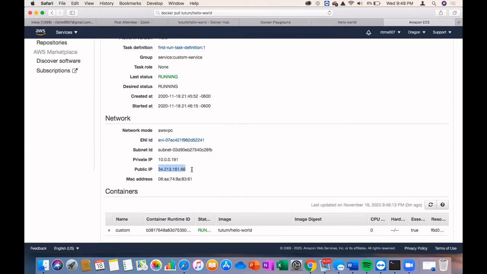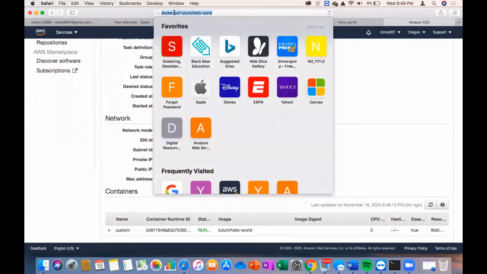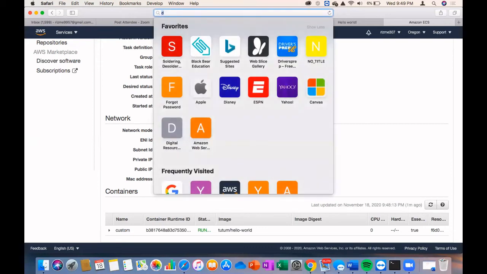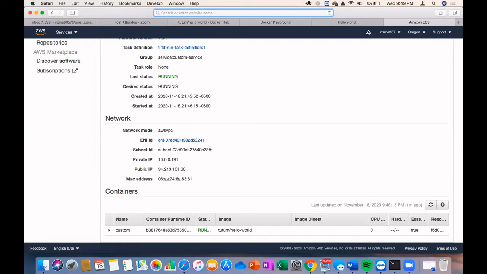It's not working. So right click and say copy. Or maybe you can type 34.213. Maybe you can type this IP in your browser.